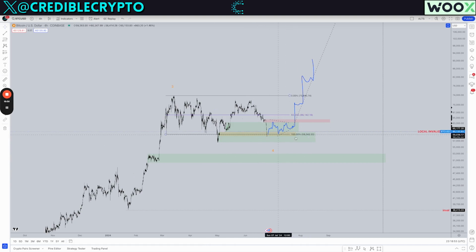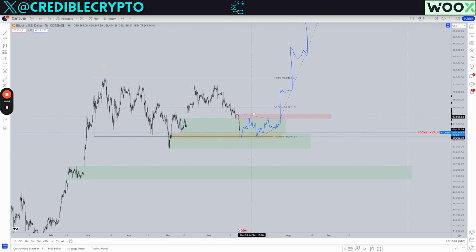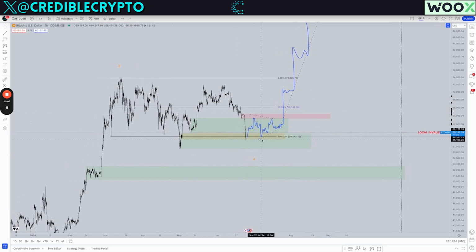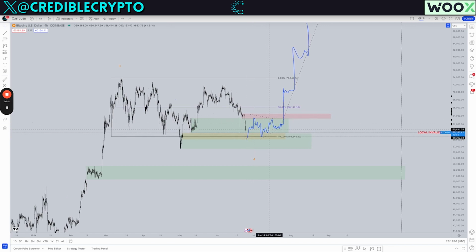So with that being said, I do think that the worst of the damage is done, but we do need to see confirmation now in the form of a new impulse to start. This one got invalidated. We need to see a new impulse begin. That could take some time. That could take a little bit of time here if Bitcoin decides to consolidate. But in that time, that's an opportunity for some of our alts.